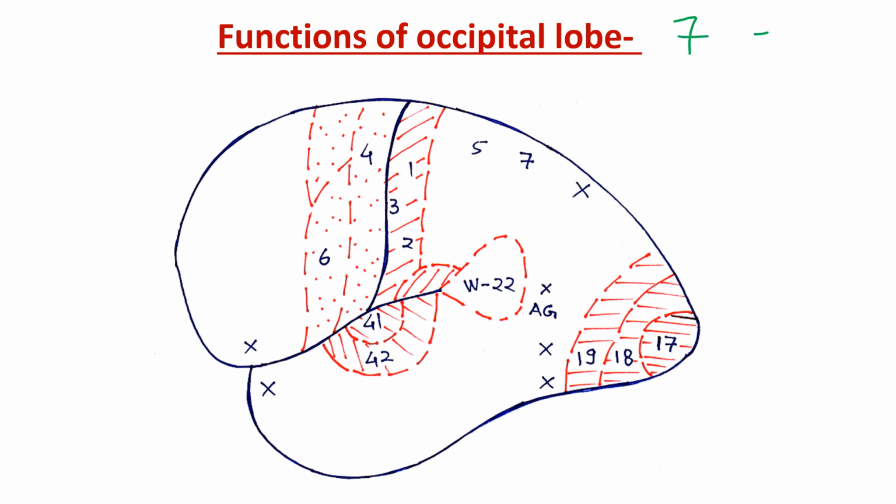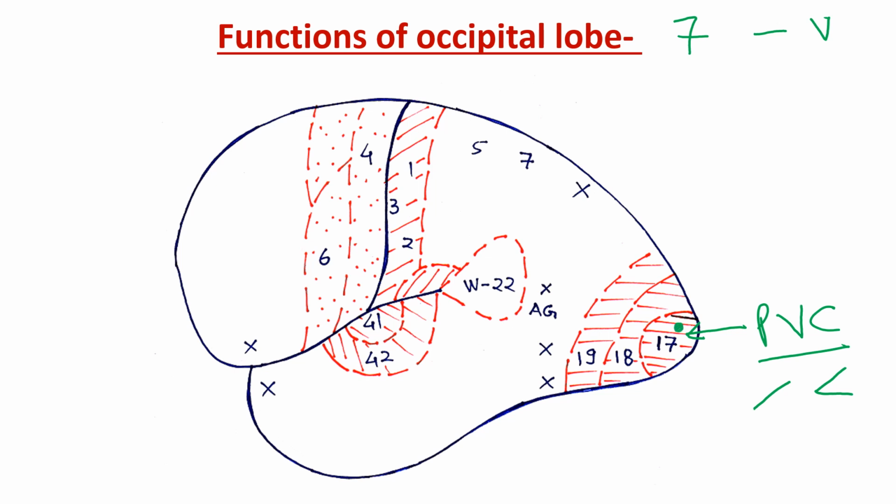Occipital lobe is for vision. When first visual information comes, it comes to area number 17, that is primary visual cortex. And here this area receives visual information and some initial understanding or comprehension begins, like understanding of lines, simple angles, like that. So for reception and initial comprehension, we have area number 17, primary visual cortex.